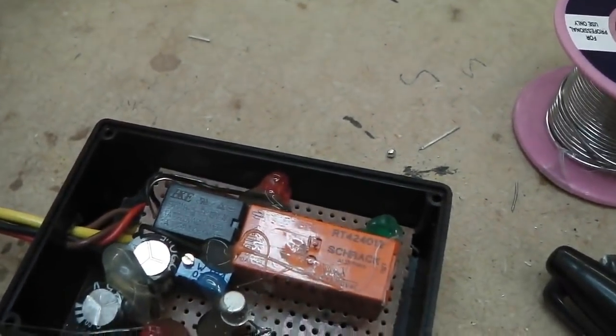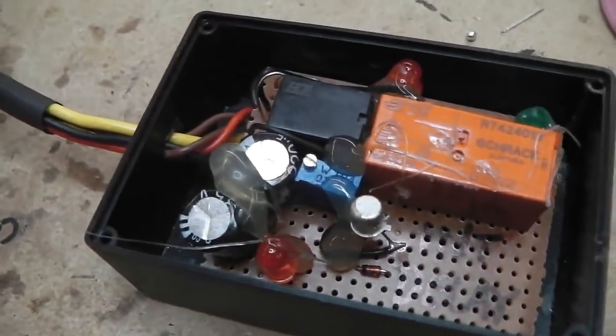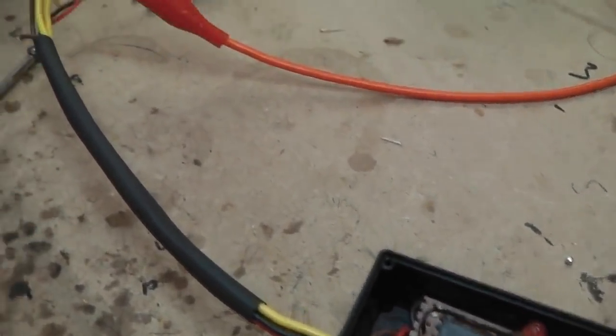Try and do it while you're on screen, but I don't think I can to power it up. Can't get a link across. Here's the wiring coming out. There's me trying to get a positive across. Can do it with a screwdriver, very unorthodox, but we can do it. All I'm going to do,